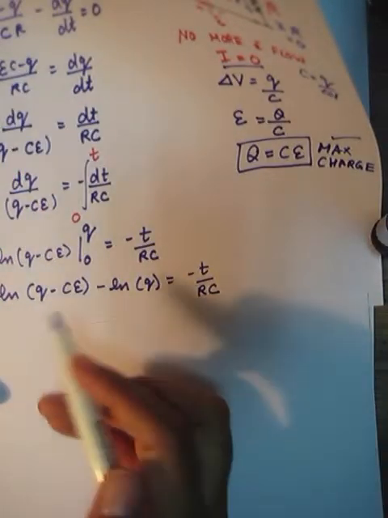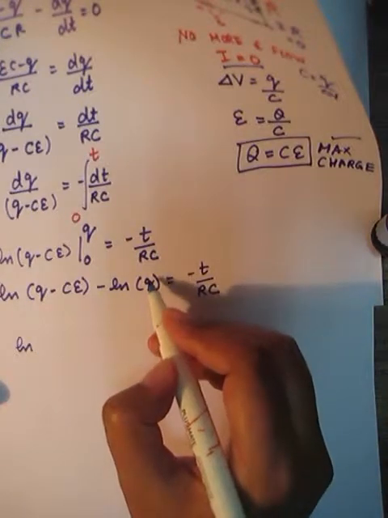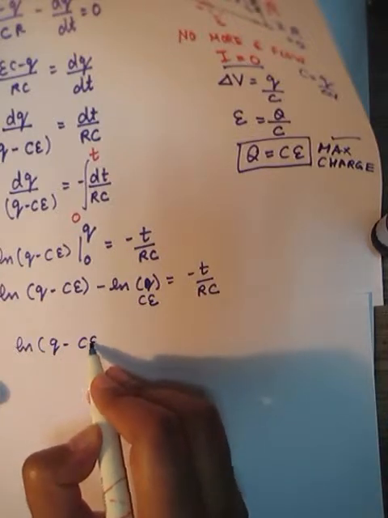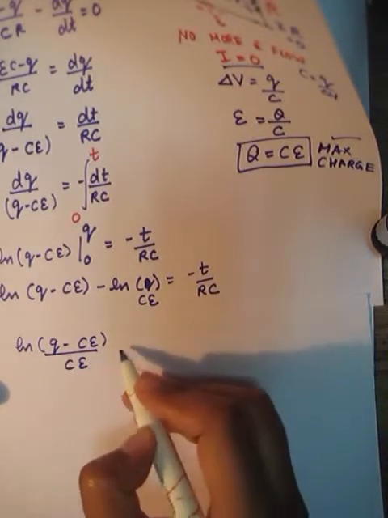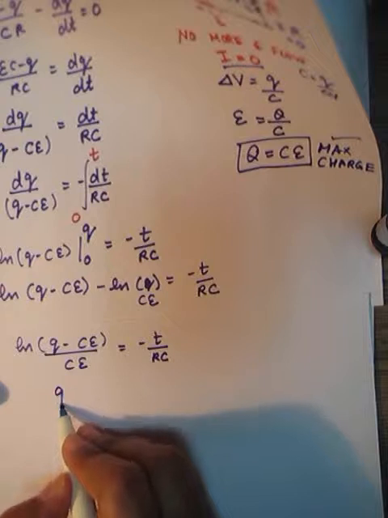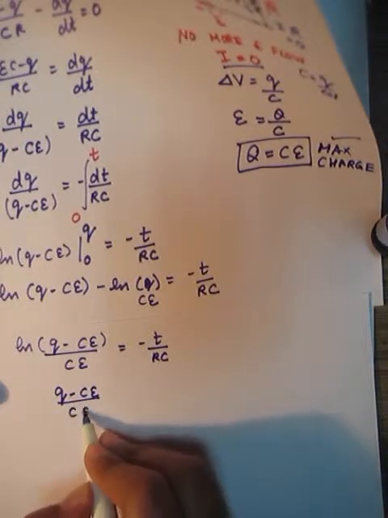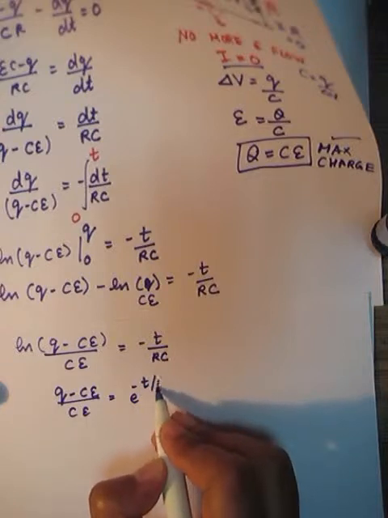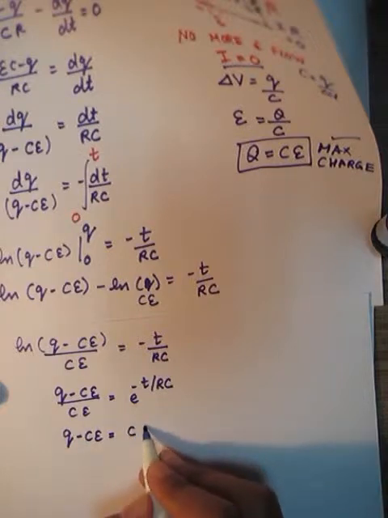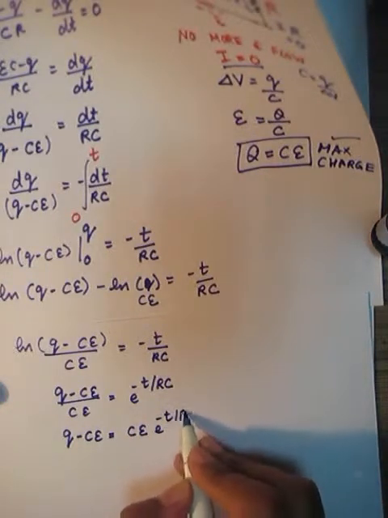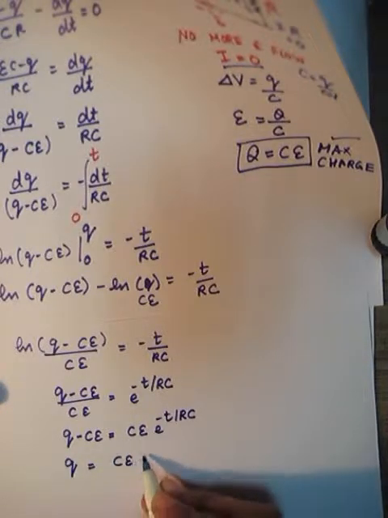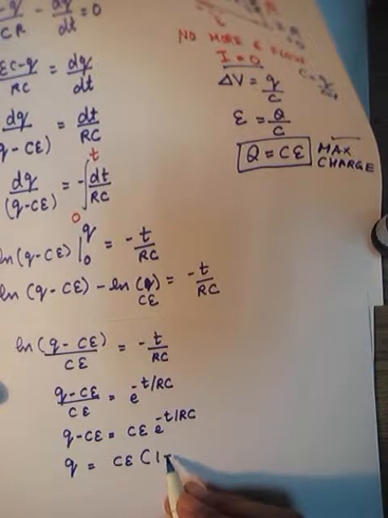So let's try to solve this equation. I think I've made a mistake here. Here it should be C epsilon. So it will be log of (q minus C epsilon) divided by (minus C epsilon) is equal to minus t upon RC. Therefore, we can also write exponential of minus t upon RC, and therefore it will be q minus C epsilon is equal to C epsilon times exponential of minus t upon RC, or we can also write it as q is equal to C epsilon times (1